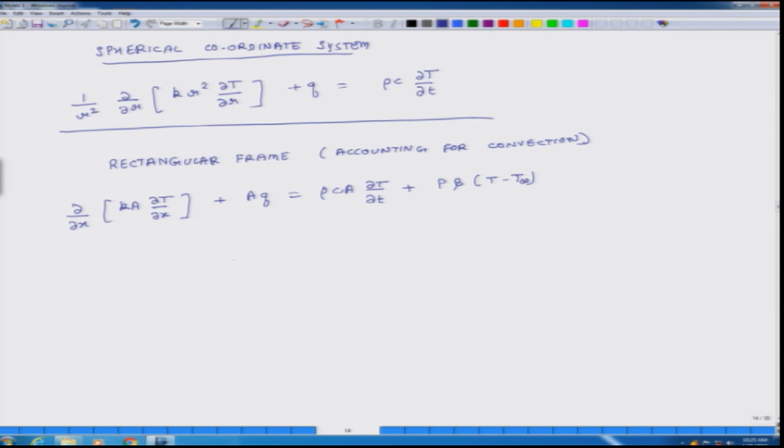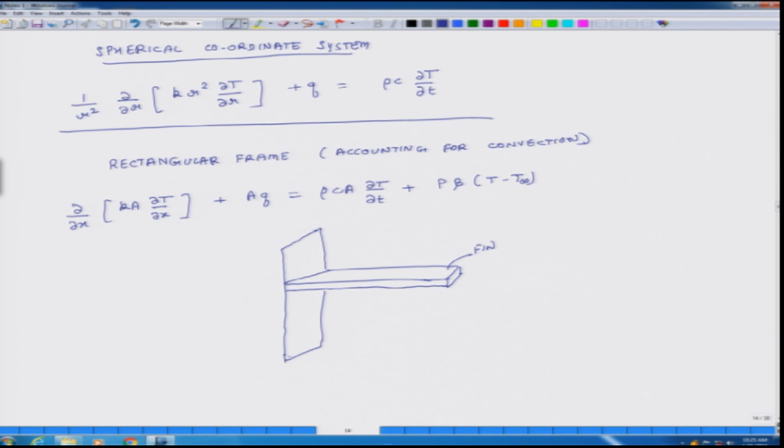So, to give you an example, suppose I have this fin, a thermal fin,